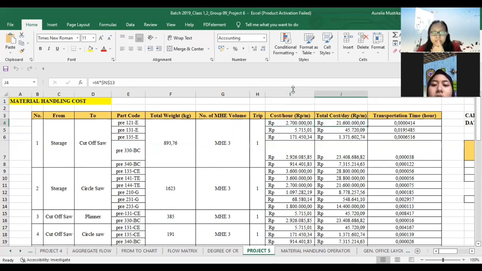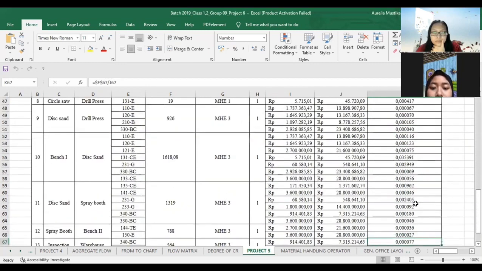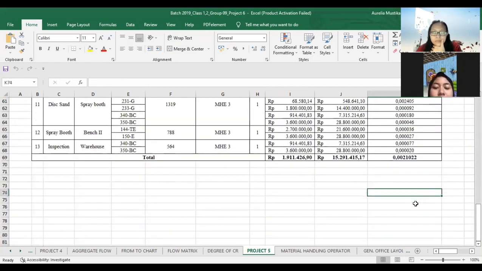And for the total cost per day, available also on the screen. Next is the transportation time per hour, that is from total weight divided by total cost per day. So the next is material handling operator, presented by Aurelia.